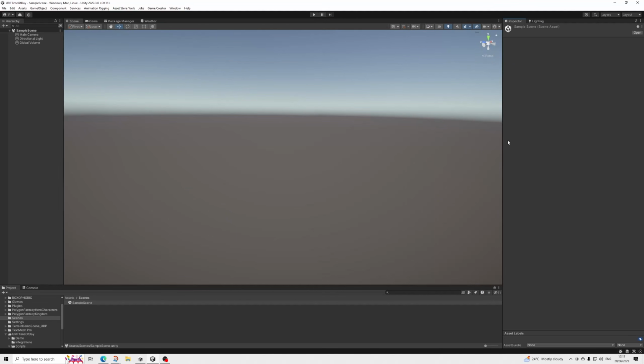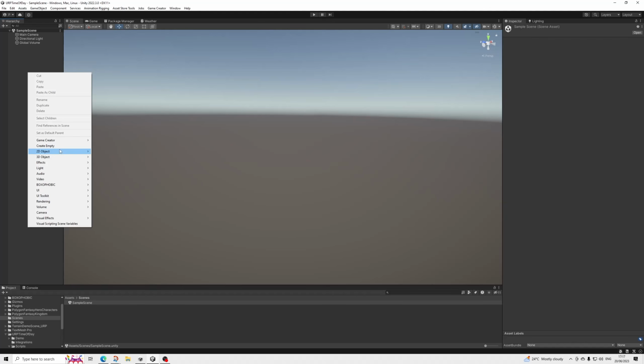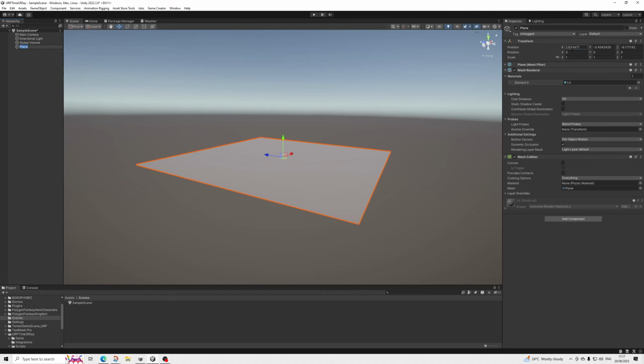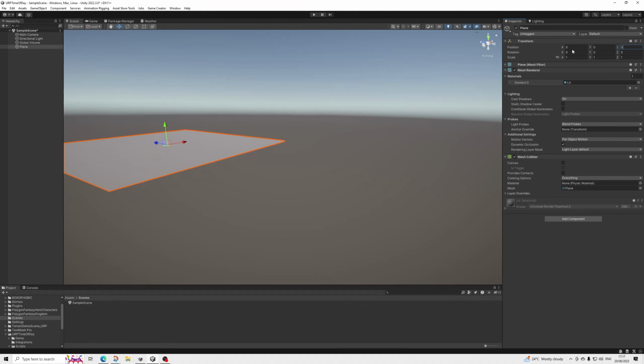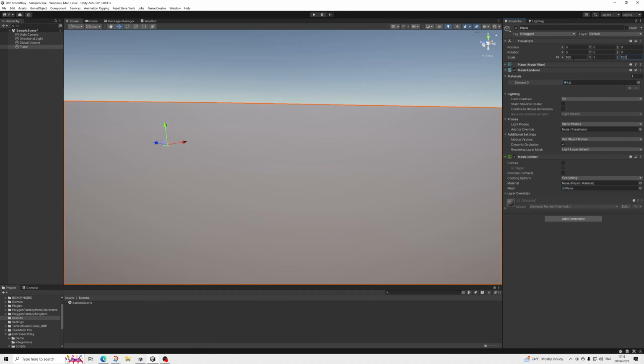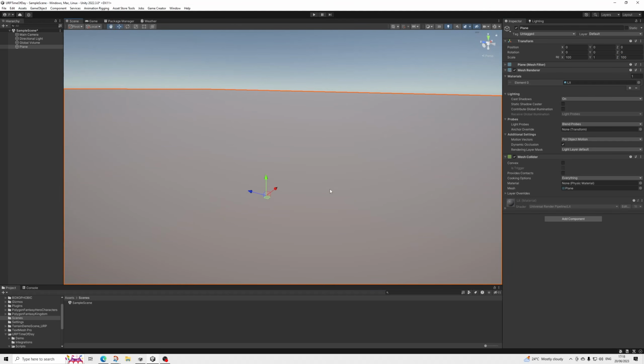So here we are in our scene. First things first, let's add a general plane, just so we have an actual floor in our scene. There we go. Let's make this big, and there we go. The first things we're going to do is set up our actual skybox and the time